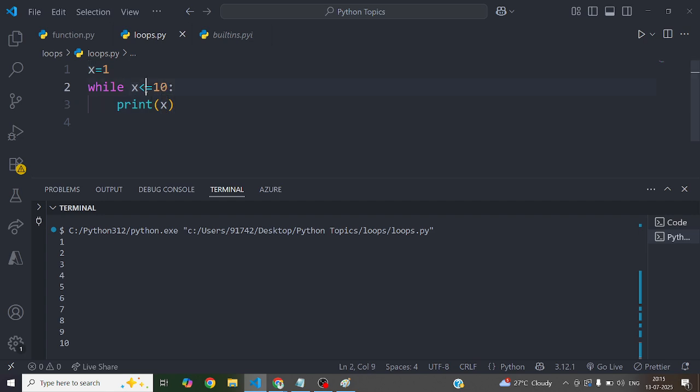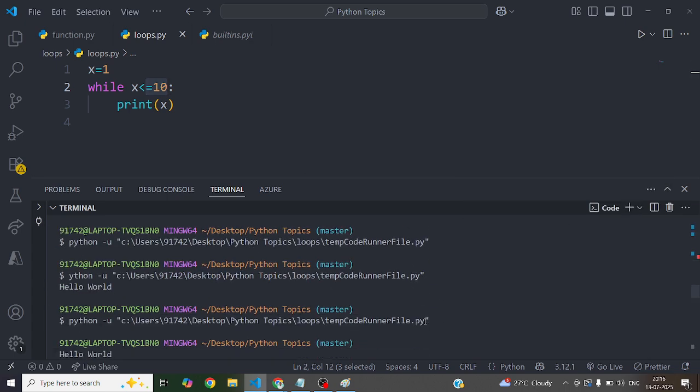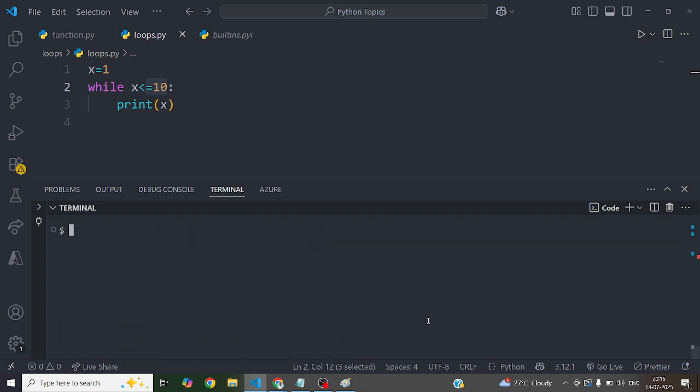Again print 1. If you run it, you can see 1 1 1 1 1 1 1 1 1 like that. It is generating an infinite loop. You have to kill the terminal because it will not break. It will keep generating 1.